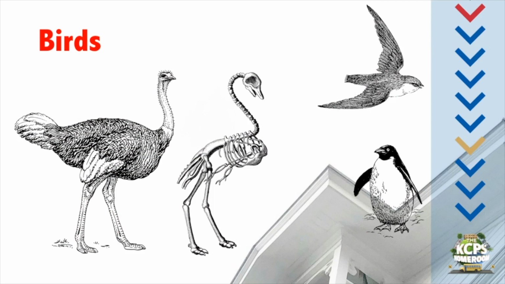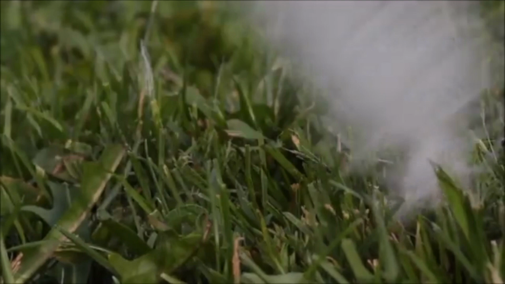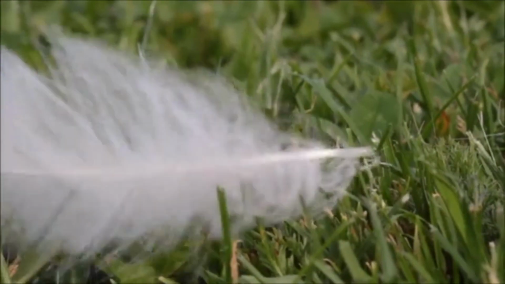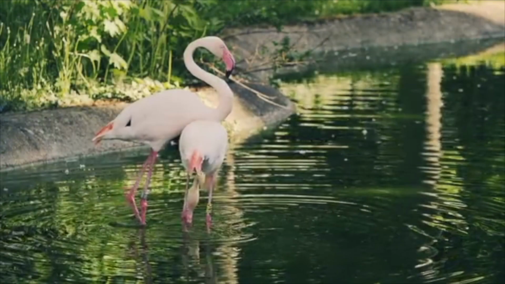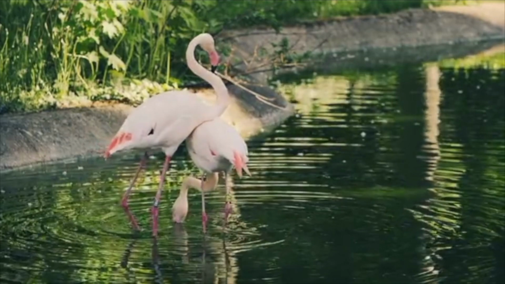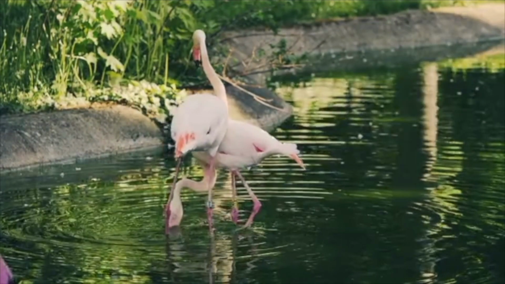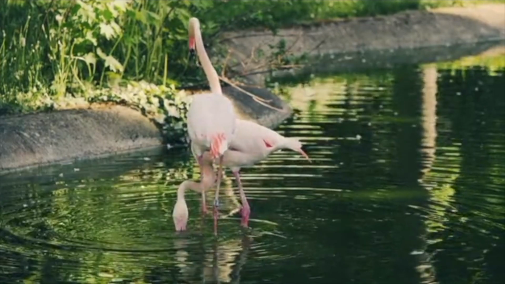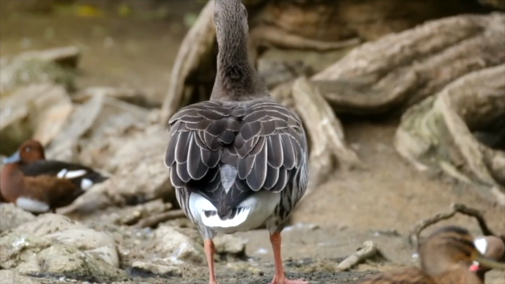Okay, our next group would be birds. Birds are vertebrates. They have wings, legs, beaks, feathers. In fact, birds are the only animals that have feathers. Birds are endothermic, which means they must use energy to generate their own heat internally, as opposed to getting it from the environment. They also lay hard shell eggs, which they sit on to keep warm until the babies hatch